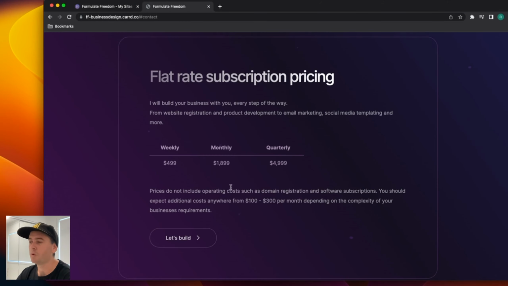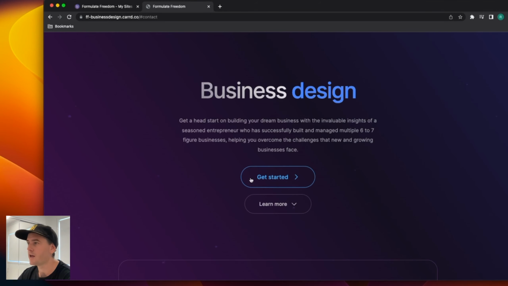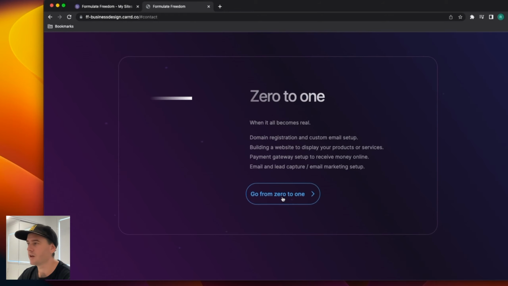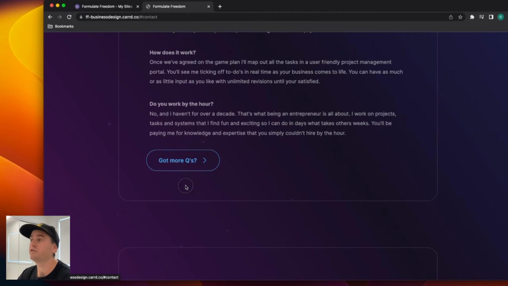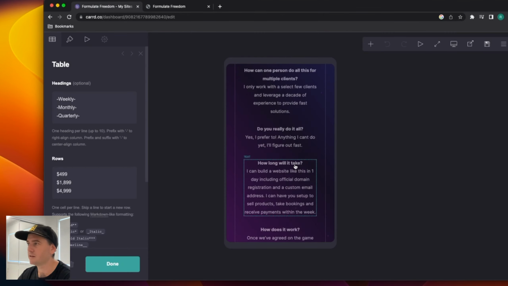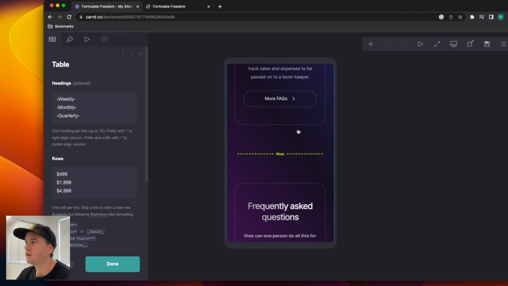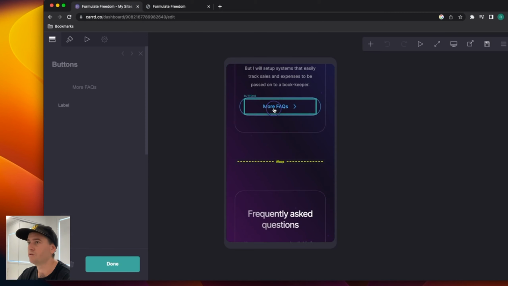So I'm just going to show one more thing, such as here when I click let's build and it scrolls me down, or no matter where I am, if I want to say learn more, it'll scroll me down to there. Or if I want to say got more questions, here, frequently asked questions, got more questions, I have to have these little breaks in. See this yellow line here? That's a section that I can tell the button to send the page to, and the way to do that